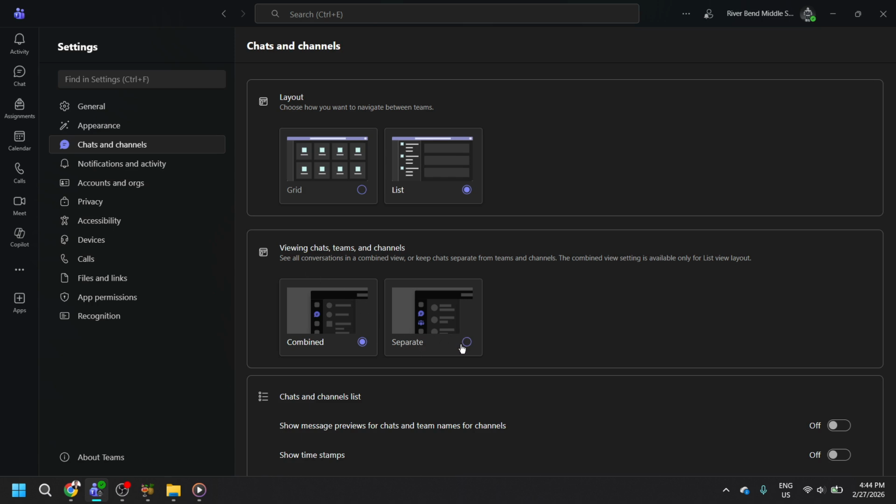By clicking on Separate, you are instructing Microsoft Teams to display your chats, teams, and channels in distinct, dedicated sections, effectively moving the channels list back to its traditional and often preferred location within the left-hand sidebar. This action will restore the more classic Teams layout, where your channel list is always readily accessible for quick navigation, making it easier to jump between different team discussions and projects. Confirming this change will immediately update your Teams interface, bringing back the familiar sidebar organization,